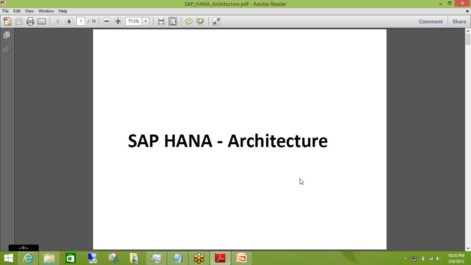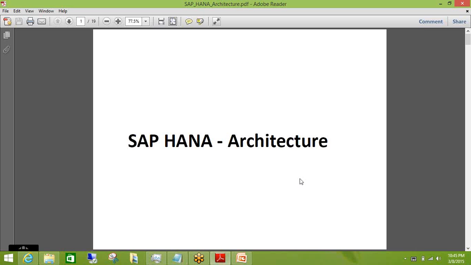Second is, once you go into catalog, the first thing which you need to create is your schema. Once you define your schema and you assign the proper authorization to it, then you can create tables, you can create procedures, you can create synonyms and all those things. So that is about the catalog.